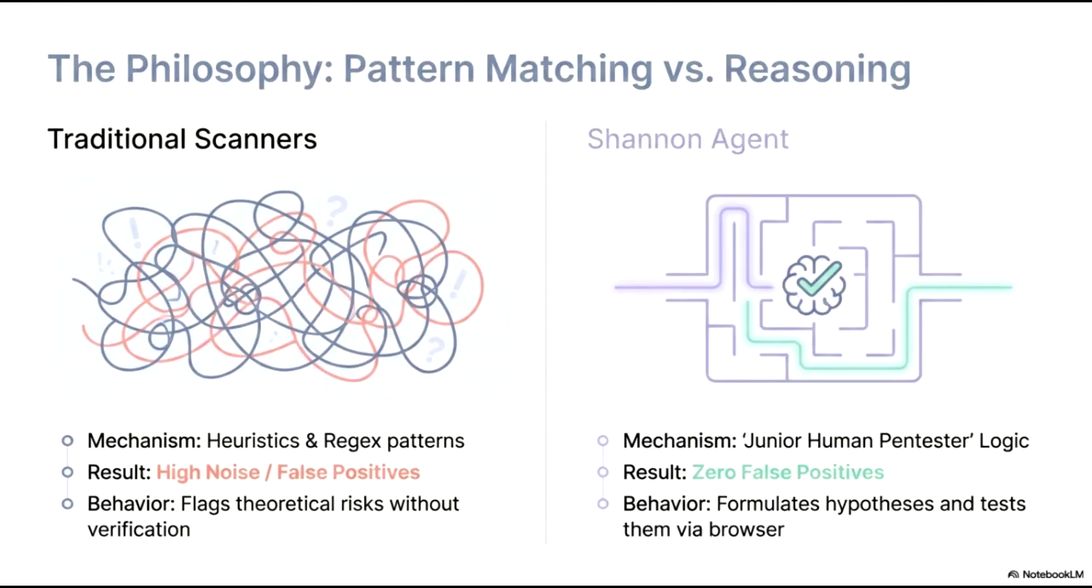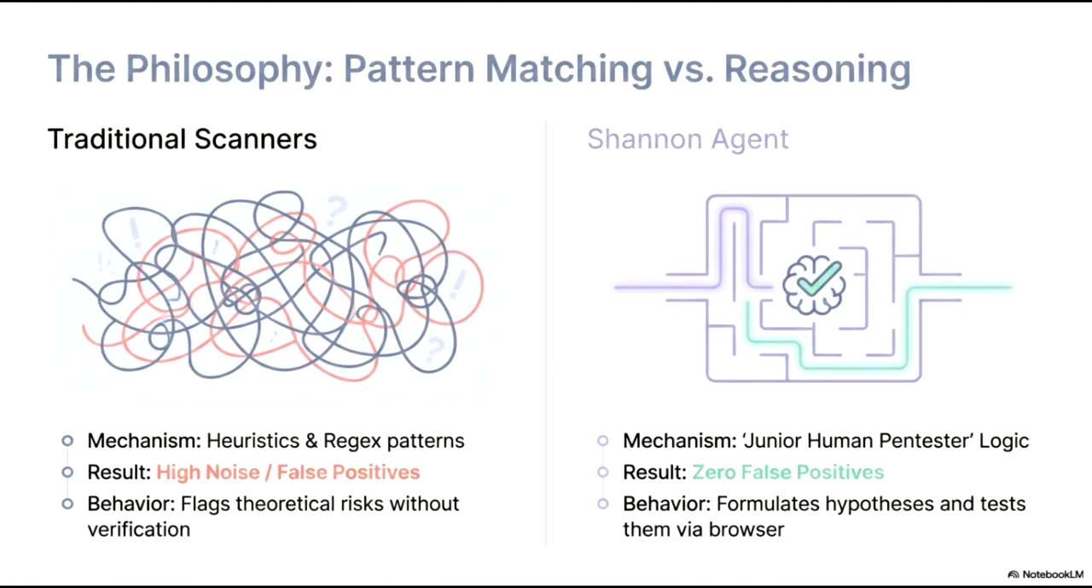It operates with the logic of a junior human pen tester, moving beyond simple pattern recognition. Instead of just flagging a potential match, it formulates a hypothesis and then proactively tests that hypothesis via a browser. By verifying every finding through interaction, it effectively eliminates false positives. This transition moves us from a state of high-noise uncertainty to a clear, validated output where every reported issue is